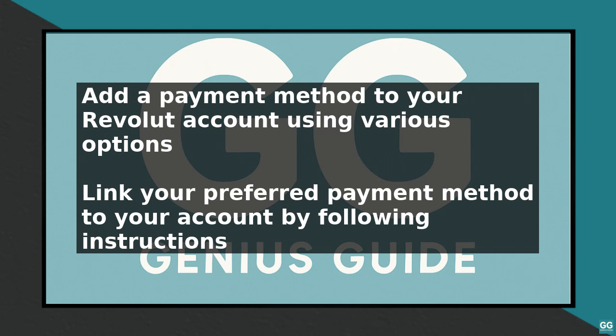Next, navigate to the cryptocurrency section within the Revolut app. Here, you will find a list of available cryptocurrencies, including Ethereum. Select Ethereum and click on the Buy option. Enter the amount you want to spend on Ethereum, and Revolut will display the equivalent amount of Ethereum you will